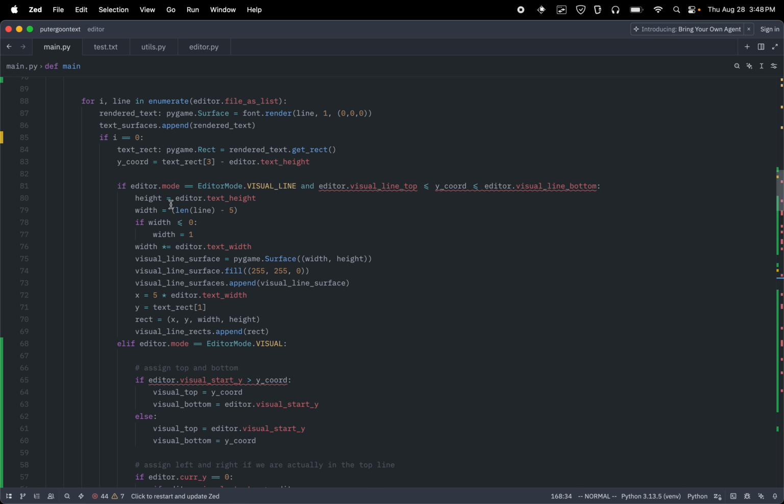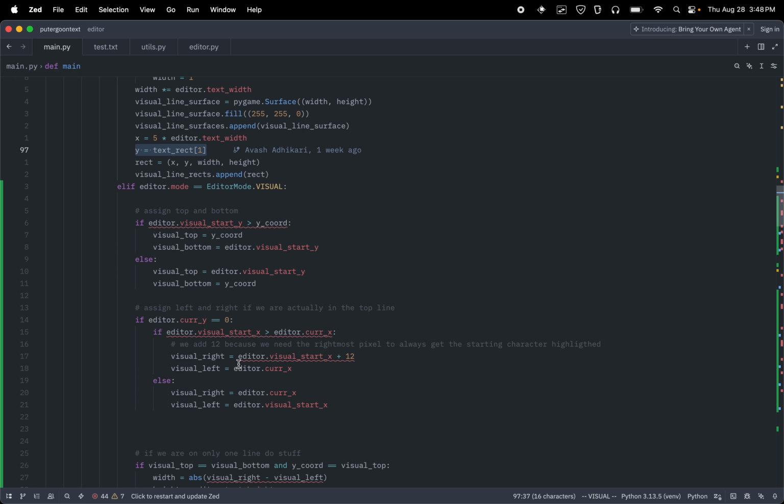Y is just this, right? Oh, that's why. Okay. So we have everything to create a surface, which is what gets rendered, and the coordinates of where to render it. And if it's not the same line, then in an else branch,